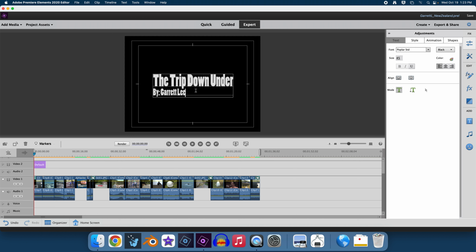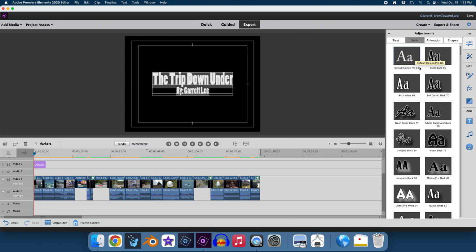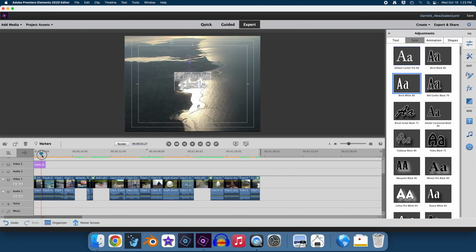Now, one thing you probably will want to do, I always like to center it. I think it looks good, and then make sure it's aligned horizontally and vertically. Now you'll next want to choose a text style so that it has some contrast. I usually like to do like Birch White right here. So if you click that, now it's kind of got like a black border around it, because after that dip to white, it's going to be contrasty with the background. So we've got that there,